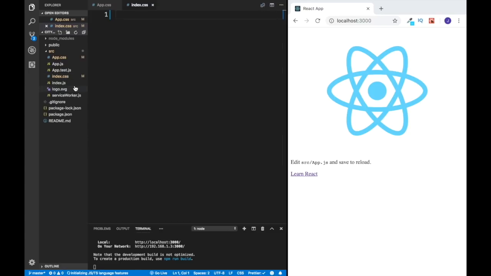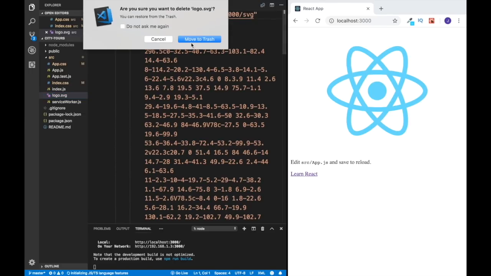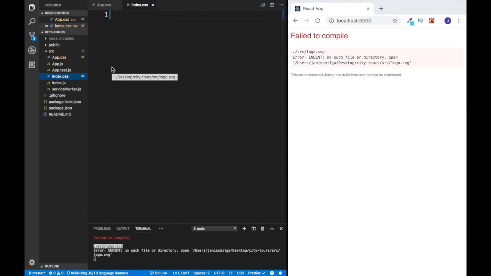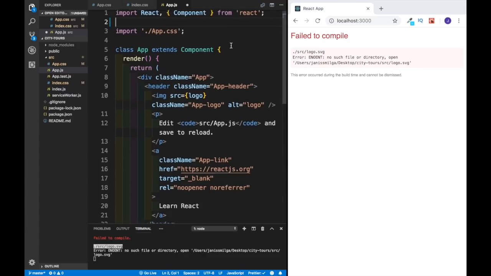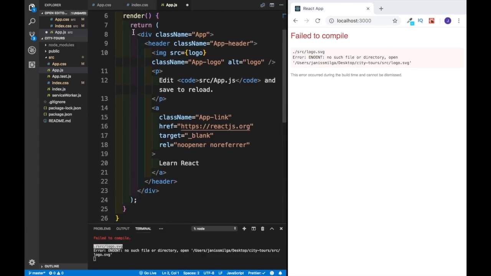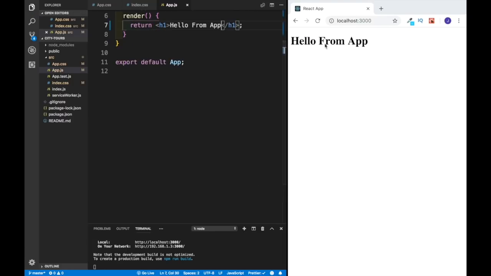And our next task is going to be getting rid of this logo SVG, and let's just delete this guy over, and bravely say move to trash. Now after that, obviously our application is going to break, because we are expecting the logo SVG. So let's go to app.js, and let's just remove this import of the logo. And also within the app, let's delete everything including the div. And let's say that this is going to be a heading 1 with a hello from app. And now once I save it, everything should be working fine,